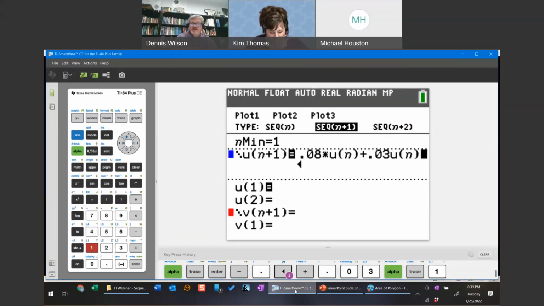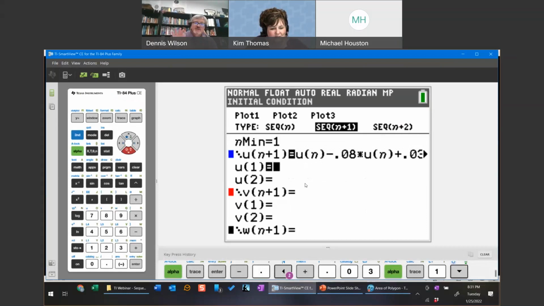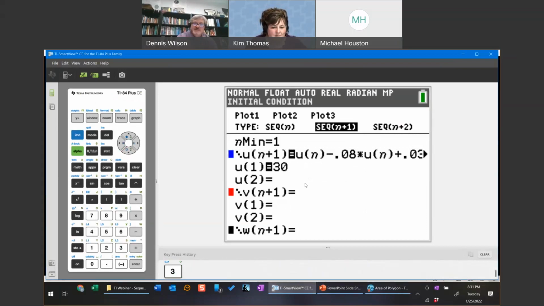So this sequence we're going to use to give us what our balance is each month. And because the new balance depends on the previous balance, I've got to give it that first balance of $3,000. Okay. The other thing I'm going to do is I'm going to come down to v of n plus 1,